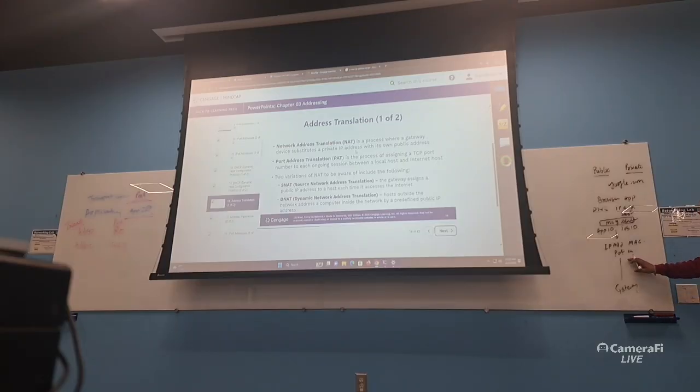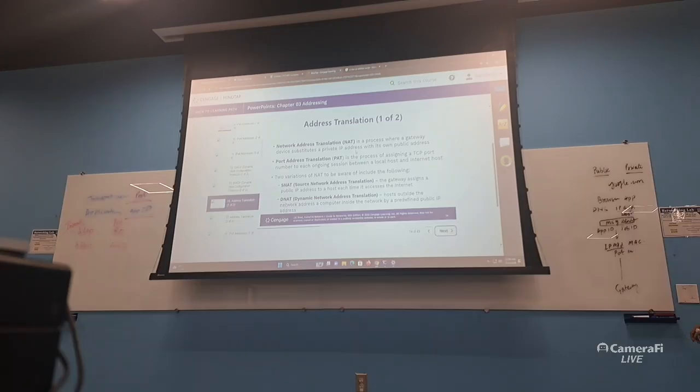Gateway, because the gateway is the point from where your request will go out on the internet. These computers have a gateway, but they don't have a public IP address. They have a gateway, but no public IP address. So when this request reaches the gateway,